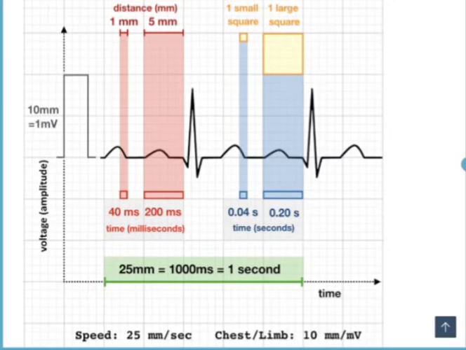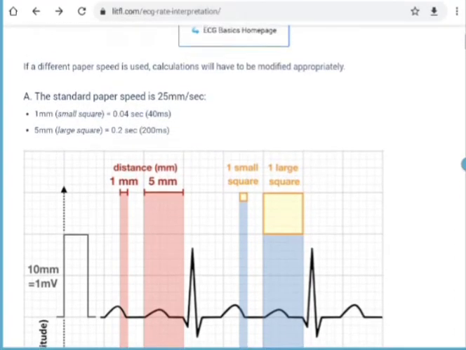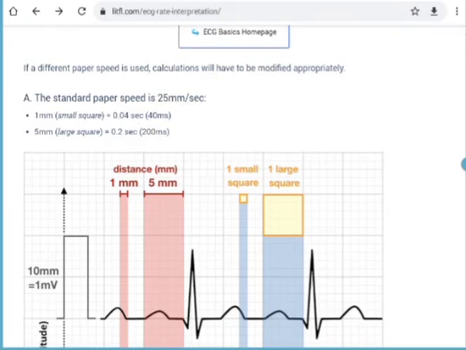Similarly, distance is calculated by the formula that the ECG strip works at the rate of 25 millimeter per second. So it means that in 25 small squares, one small square is approximately 1 millimeter. If we take it to 25, it will take approximately 5: 1, 2, 3, 4, and 5 large boxes, or 25 small boxes. That is the distance the ECG machine covers in approximately 1 second, right?